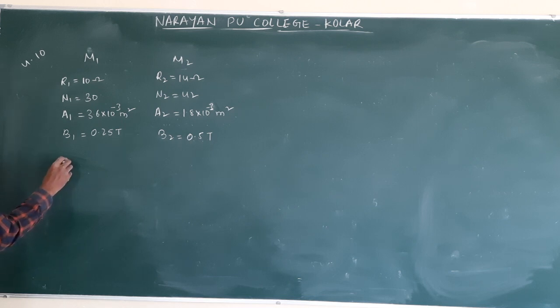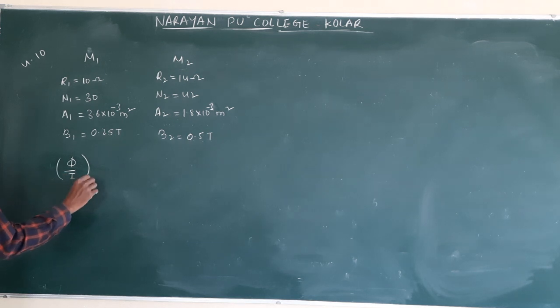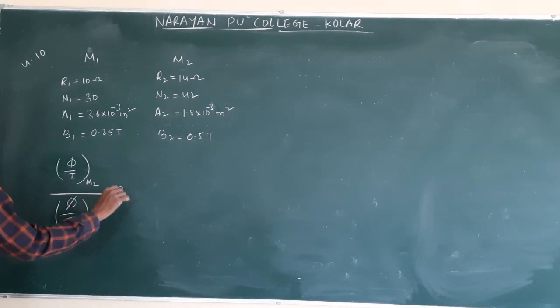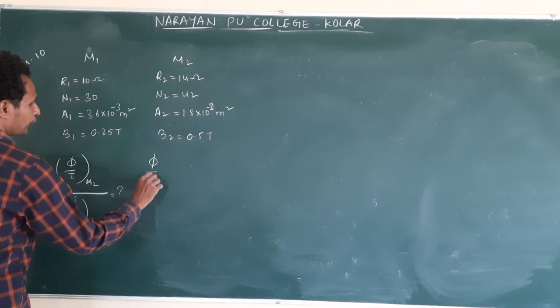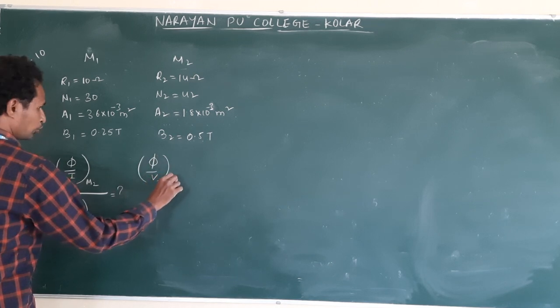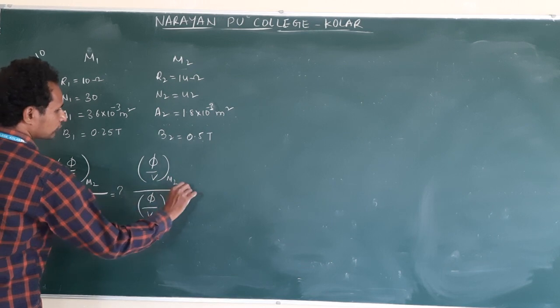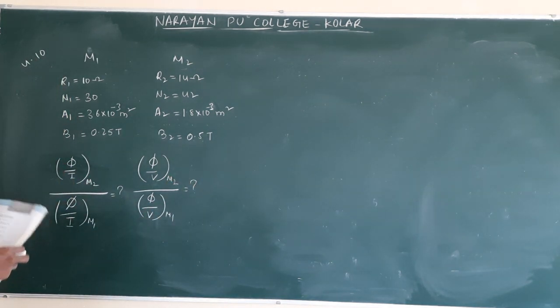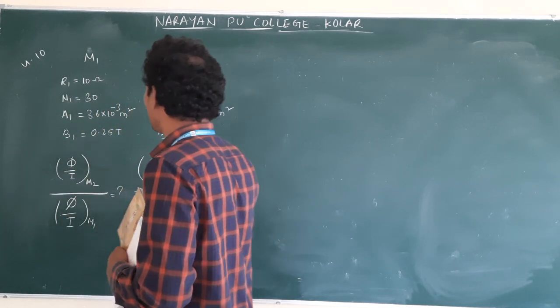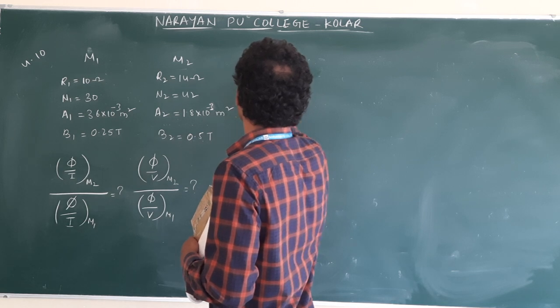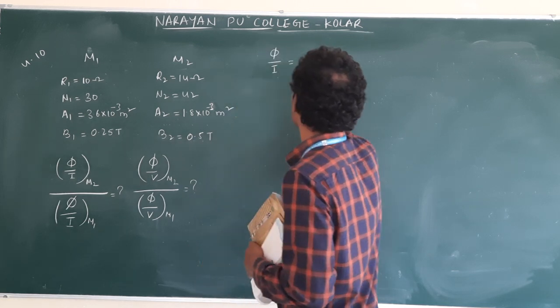So what is the current sensitivity equation? Phi by I of M2 by phi by I of M1, question mark. Second question, phi by V of M2 by phi by V of M1. These two are the questions. Clear? First I am finding this one. What is the current sensitivity formula? Phi by I is equal to